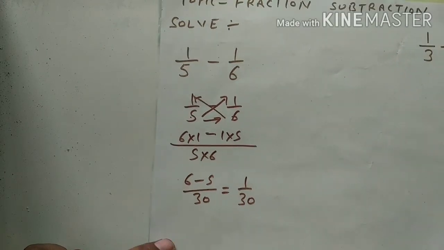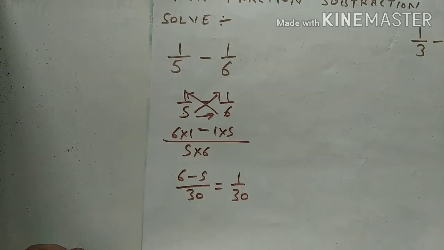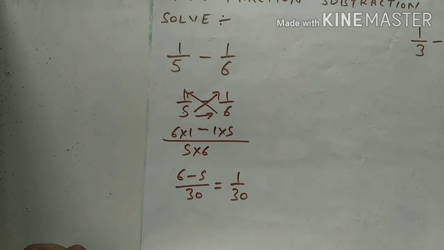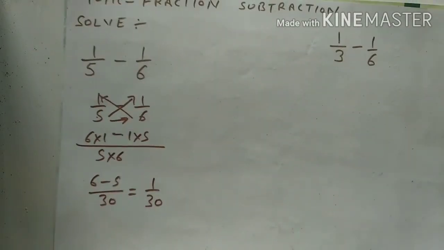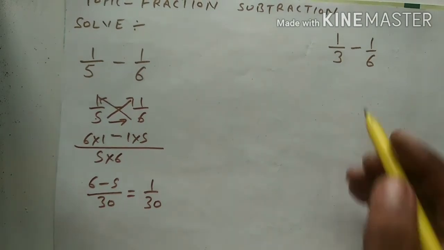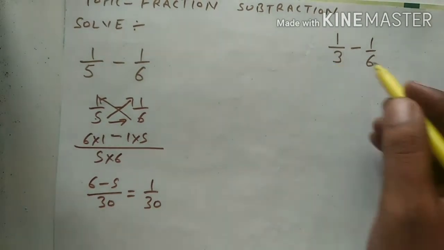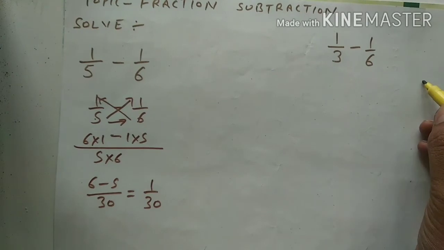Okay student, this is the method we can use to solve fraction subtraction. Now in the next sum I am going to solve, I will adopt a different method, that is the LCM method. Here 3 and 6, I will take the LCM of 3 and 6. So firstly